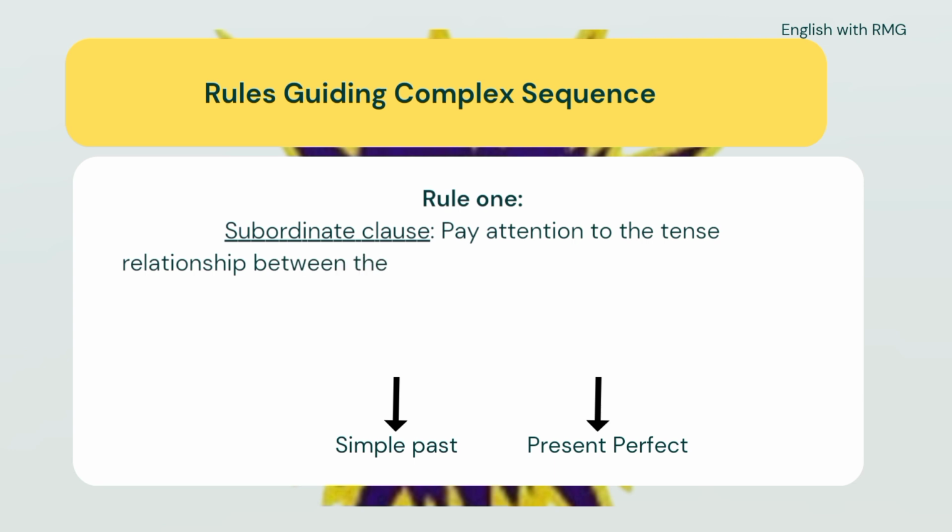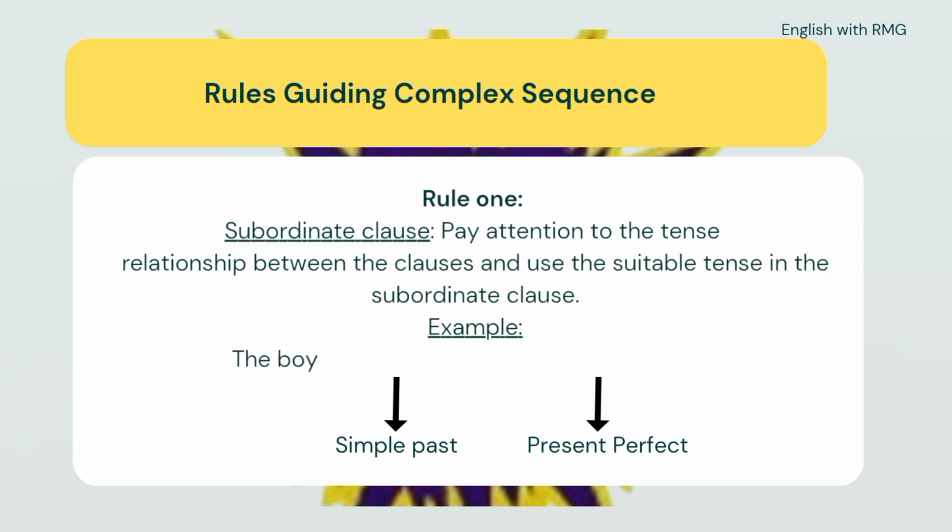So rule 1 for a complex sequence. Subordinate clause, that is, pay attention to the tense relationship between the clauses and use the suitable tense in the subordinate clause. So I want you to pay attention to something that I've been emphasizing since the beginning of this lesson. The first thing you need to do is pay attention to the sense of time. So let's look at this. The boy who stole the bag has been arrested. We can tell that the moment in which the boy stole the bag had happened before the